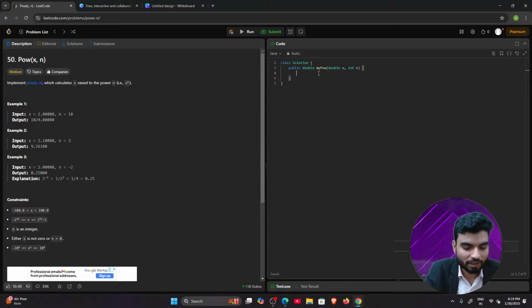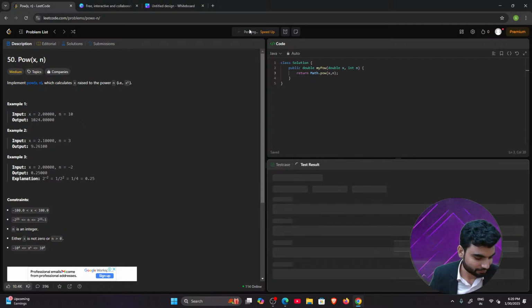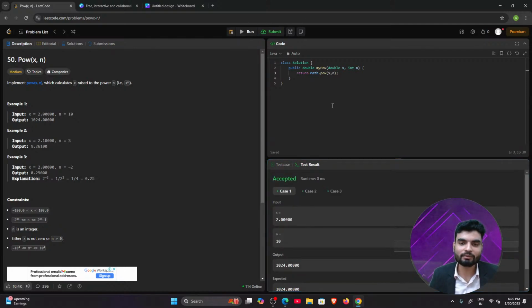What will happen if I submit this code in a coding contest, or in a question asked in company interviews? Will it work? Math.pow, if I write x to the power n directly, will this solution be applicable? That is what we want to check. All the test cases have passed, so we are able to submit this as well.